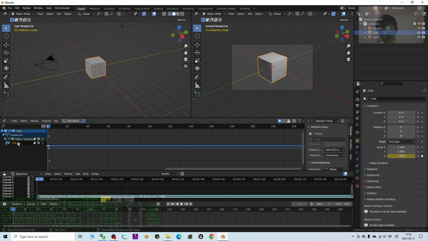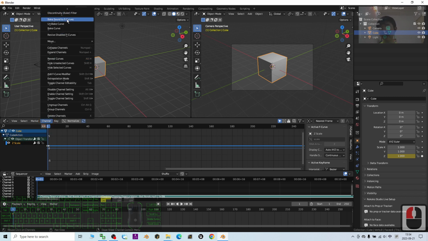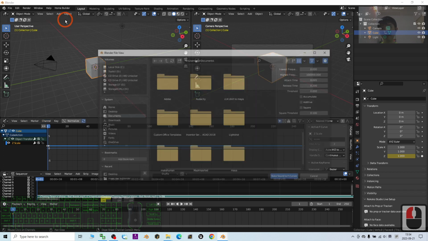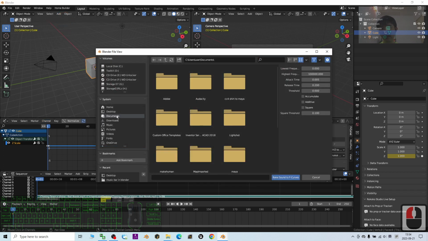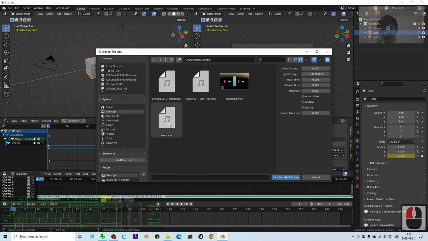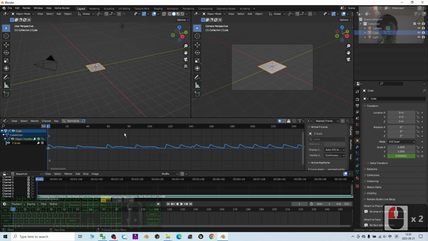So from here, click the Z scale and then go to the channel, Bake Sound to F-Curve. Then choose it from your desktop. This one. This is the MP3 that I imported just now. I double click it. Now you can see immediately it converts it to a curve. If I try to play,